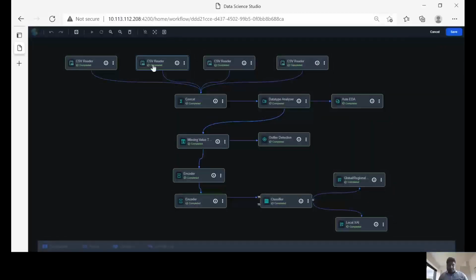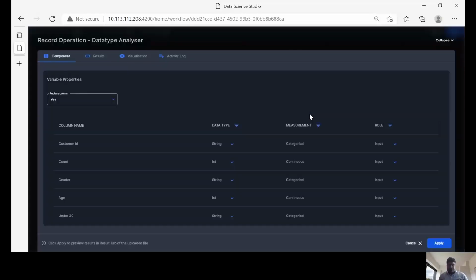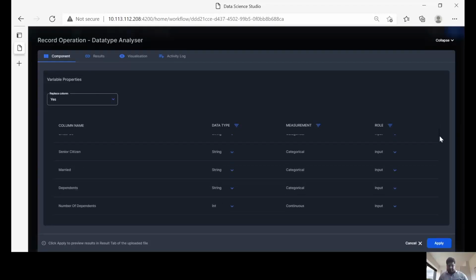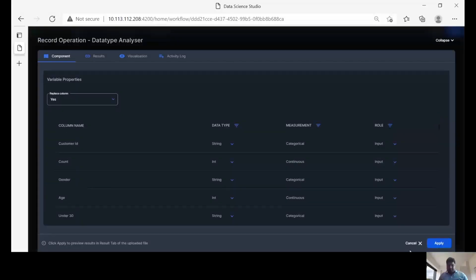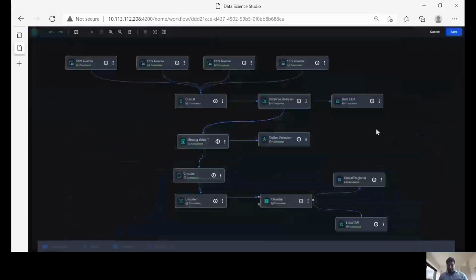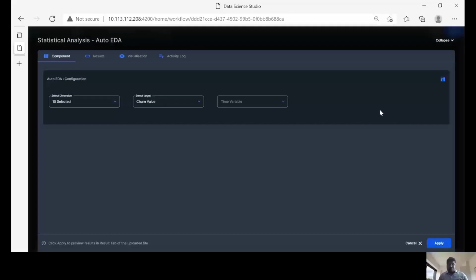All right, so we have taken the data, we have studied this data, we have combined them into one. Like in any predictive model building, we also need to make sure that the data types are relevant for the kind of model that we are planning to build. So we have this data type analyzer for that purpose. And of course, the next step is you also need to know what features or what input variables you need to have in place